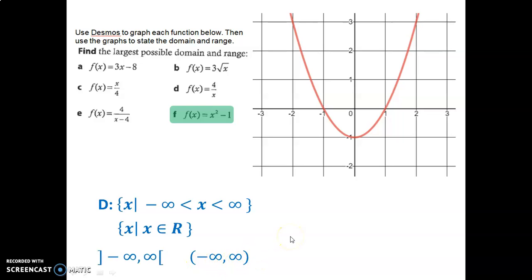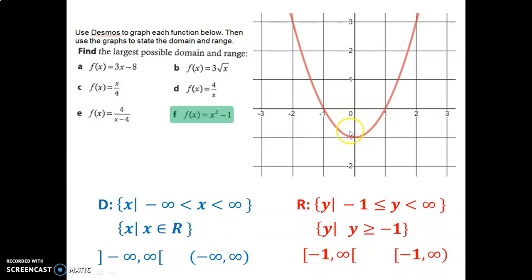Okay, range. Range in this case, we see y values, the lowest possible y value is -1, and then the function goes up forever. So the highest possible y value is infinity. So we can see that here. The range, the set of y values,